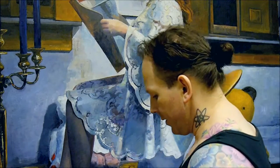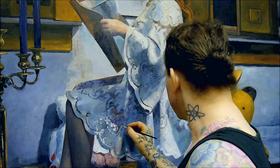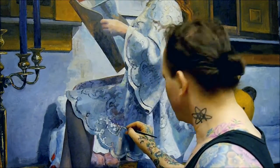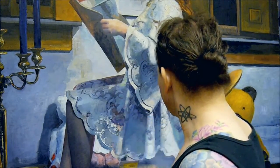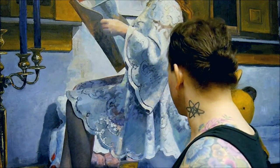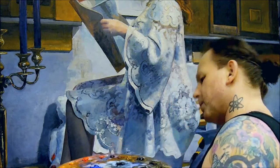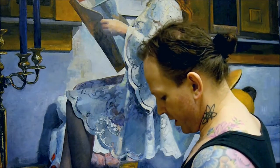So there's some reddish behind there. I see. I don't know what it is. Yeah. Oh yeah, it's one of these dolls, because it goes out there. So the reddish is actually in the doll that is behind there. So what you see there is a part of the doll. It's a doll behind. Yeah. This work,